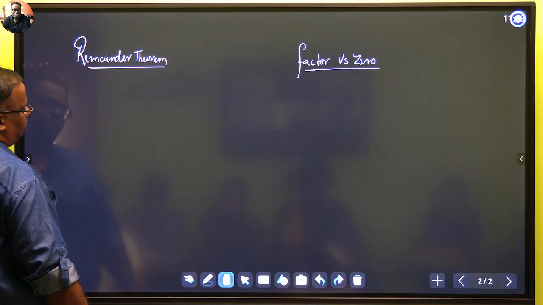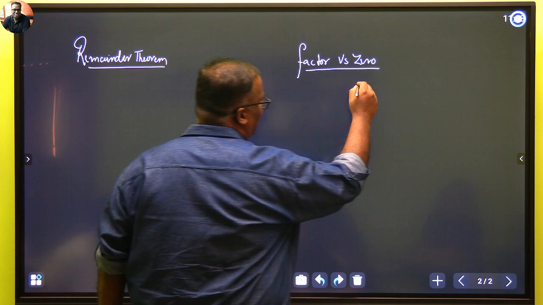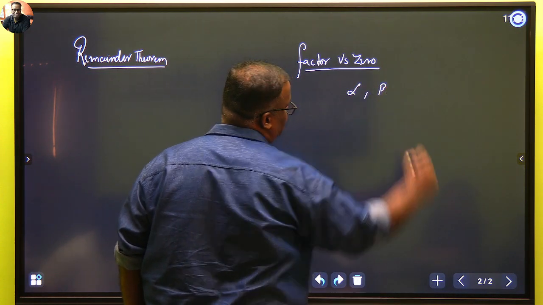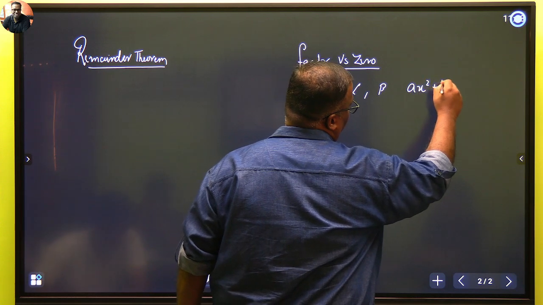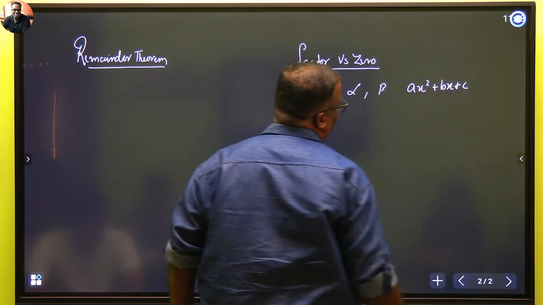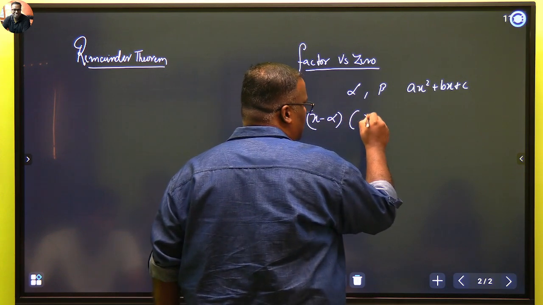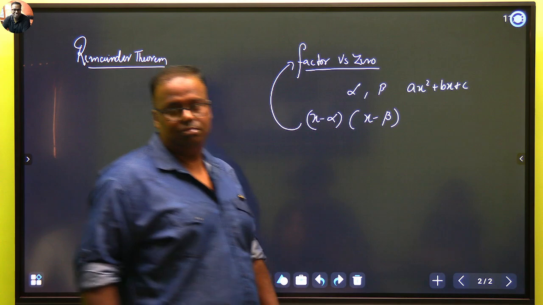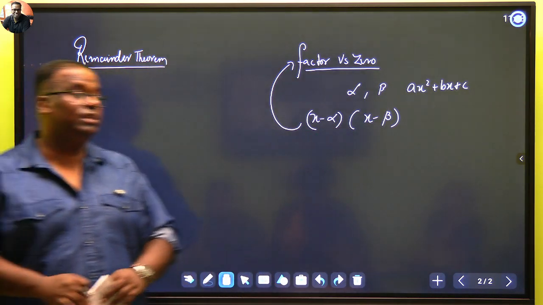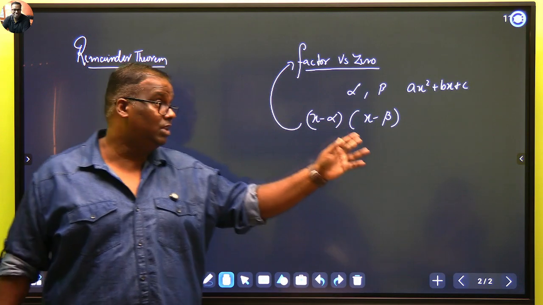Okay. First is factor versus zero. If you have alpha and beta as the zeros of a quadratic polynomial ax square plus bx plus c, then x minus alpha and x minus beta has to be a factor of that polynomial. Always. In fact, you will use this a lot in quadratic and this mixed question, where they will tell you